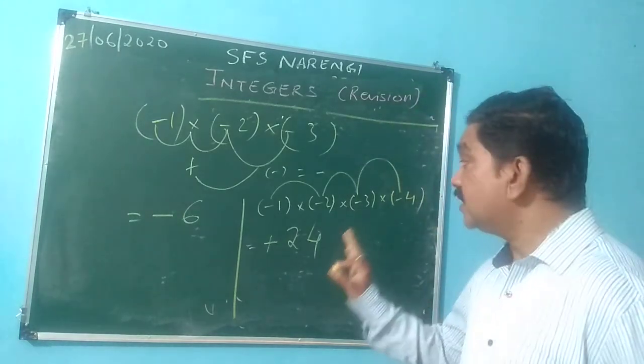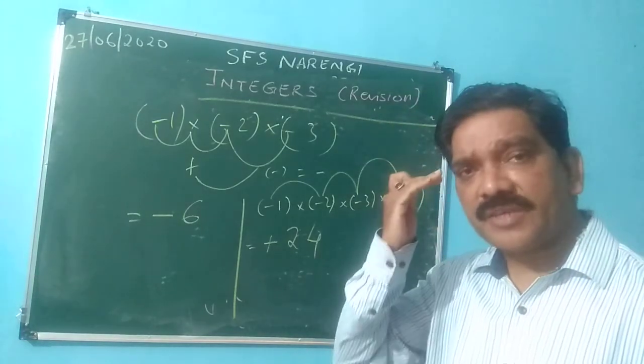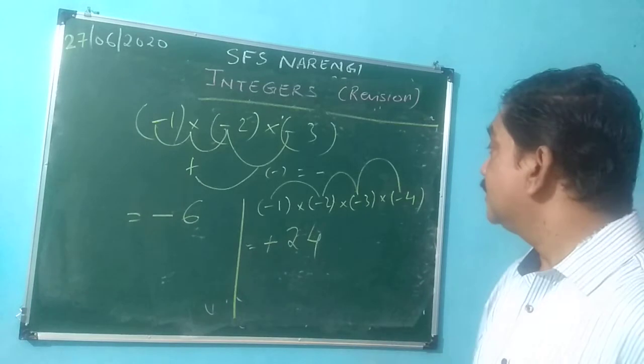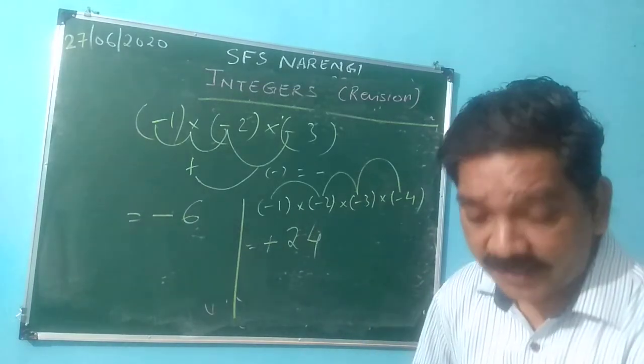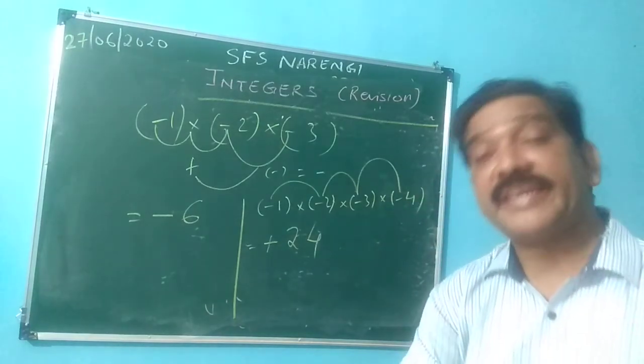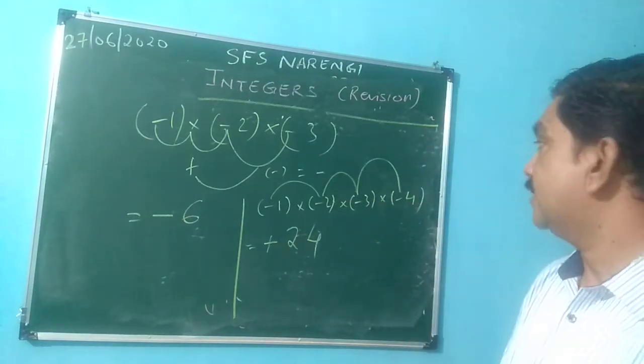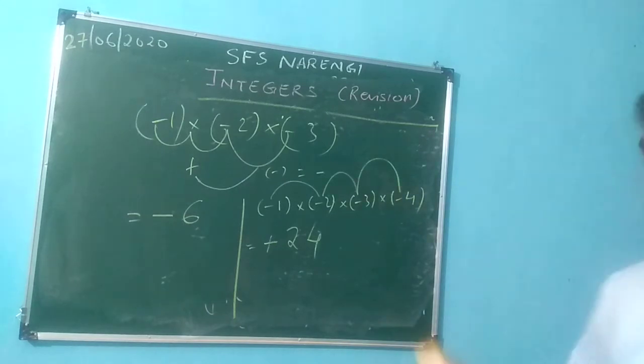Correct? So this thing you have to remember, you have to keep in your mind always, then only it will become easy. Okay, now this is one part. The other part: suppose positive and negative numbers are together, then how will you multiply? Please have a look at this, have a look, then I'll rub.